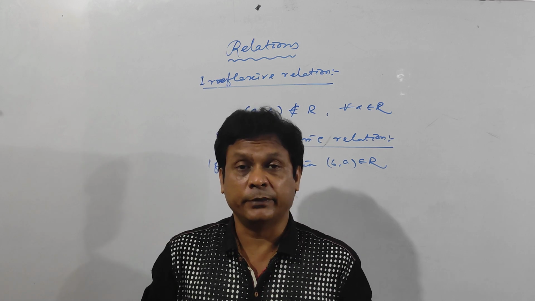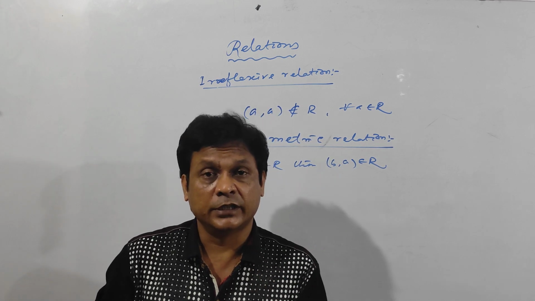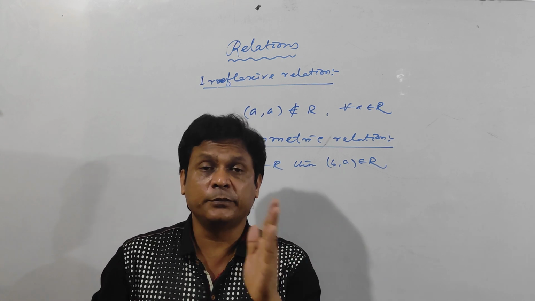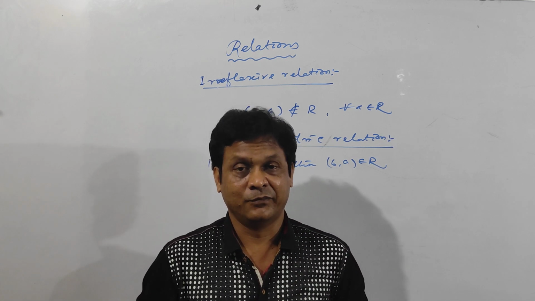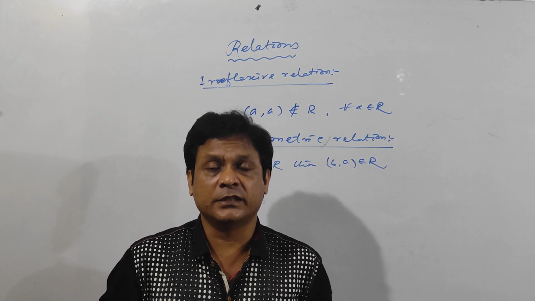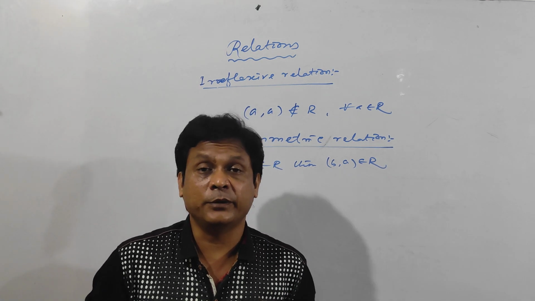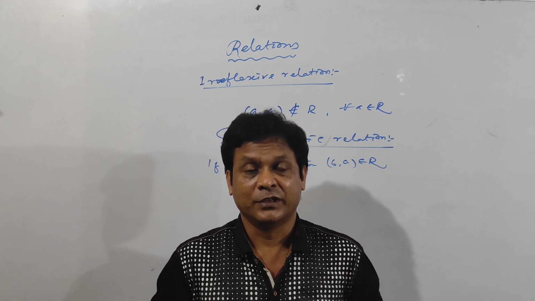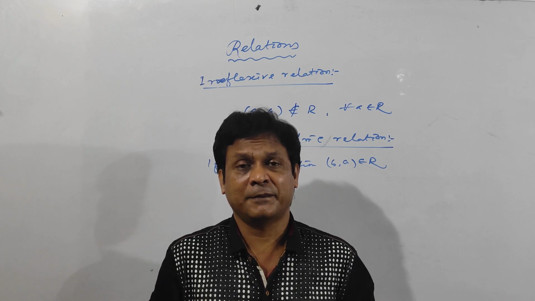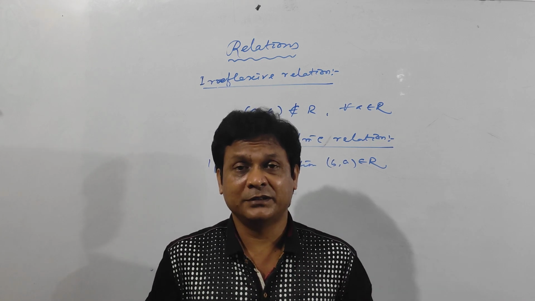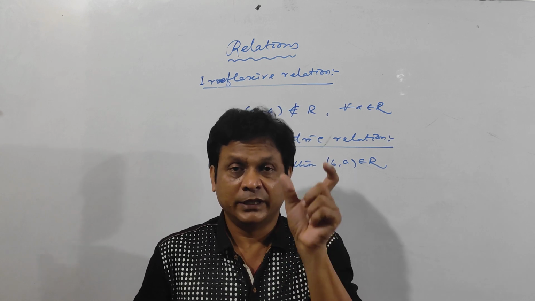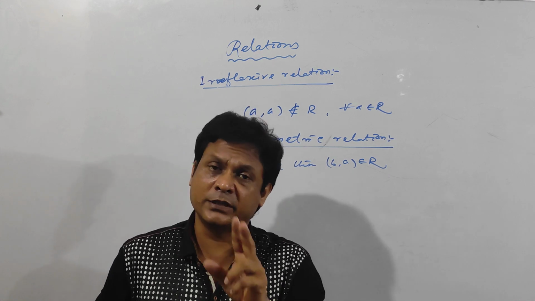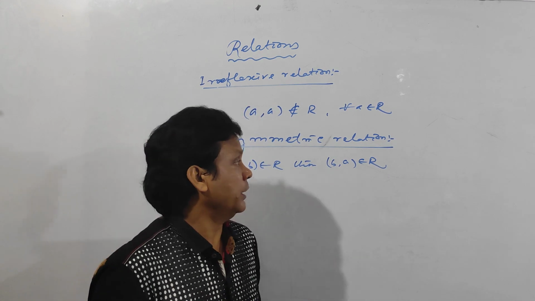In all human beings. And in case of restrictions, if we take all male human beings, if A is the brother of B, then B is also the brother of A. If the restriction changes to all female human beings, then if A is the sister of B, then B is also the sister of A. But in all human beings, male and female combined, only "friend of". Clear? If you take male human beings, "brother of" is symmetric. In case of female human beings, "sister of". Clear? Now, I will give you an example.